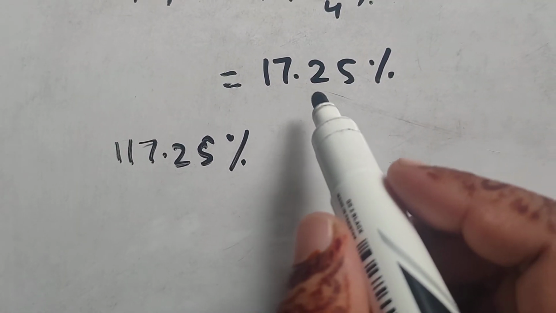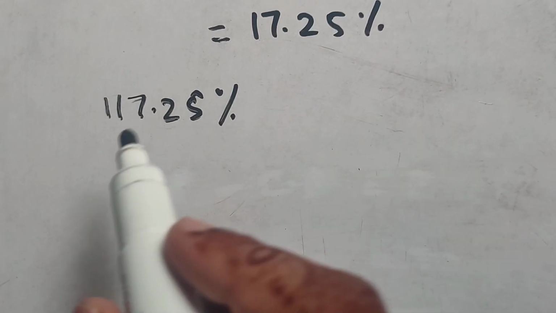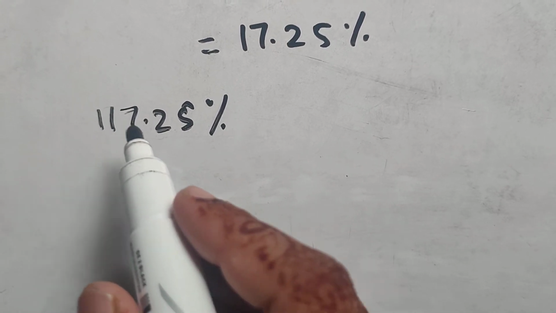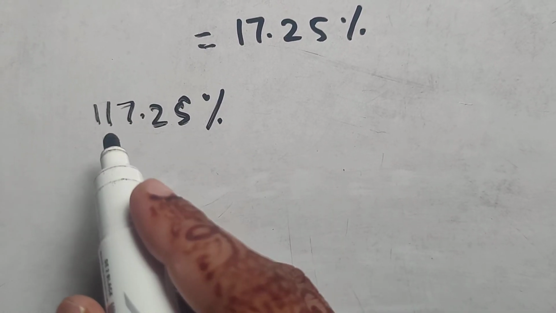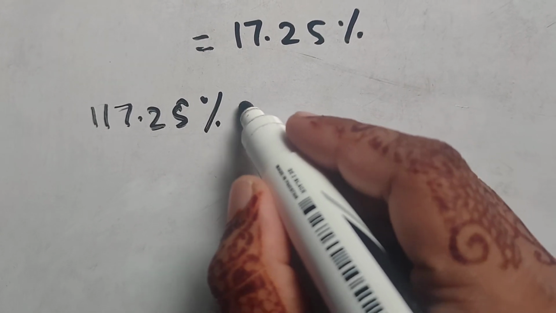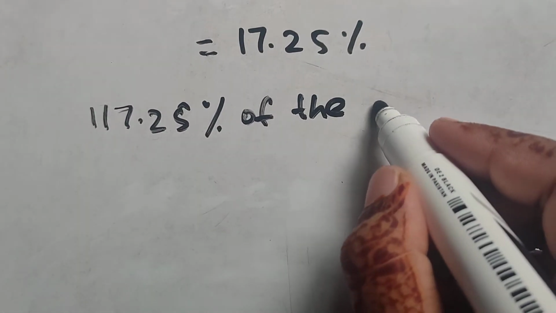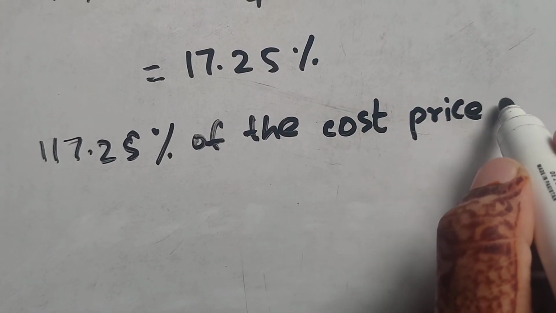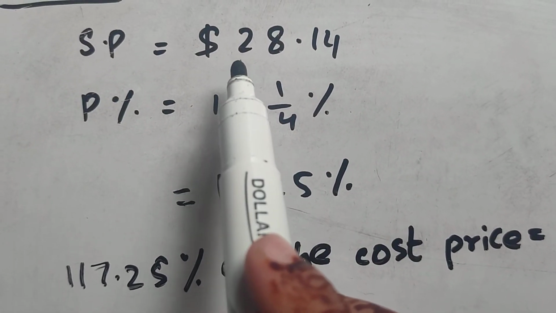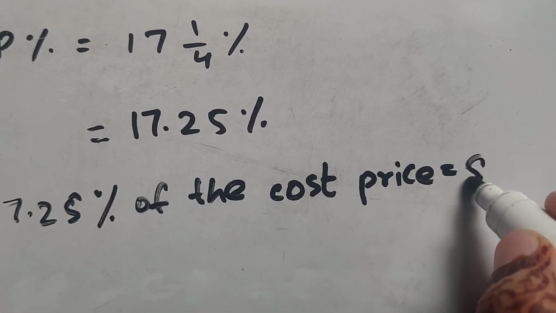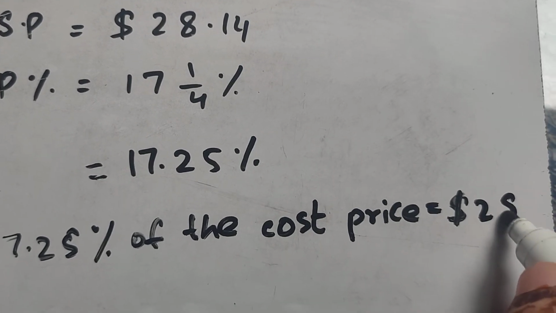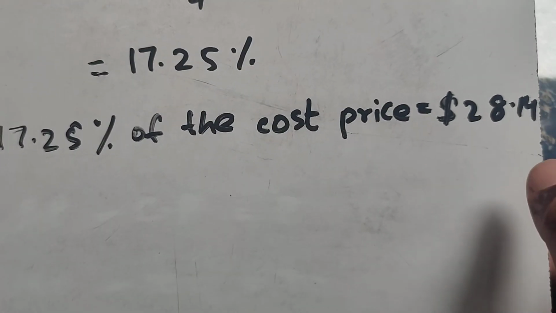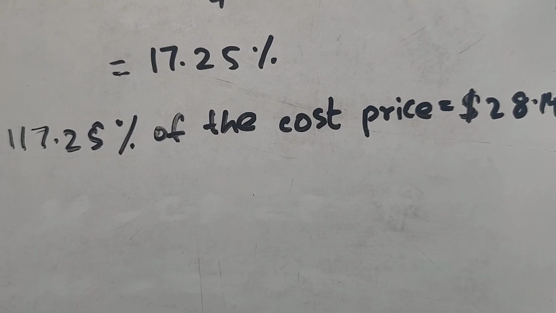Individually, the percentage of profit was 17.25, and together with the percentage of cost price, it becomes 117.25%. So 117.25% of the cost price gives us $28.14, right? When they are together, we get $28.14, which was the selling price, right, students? So